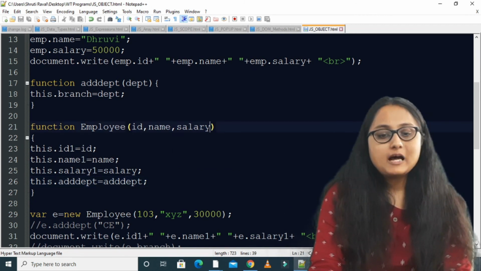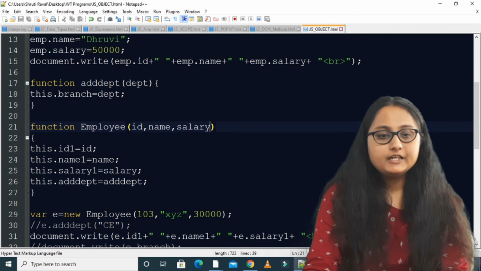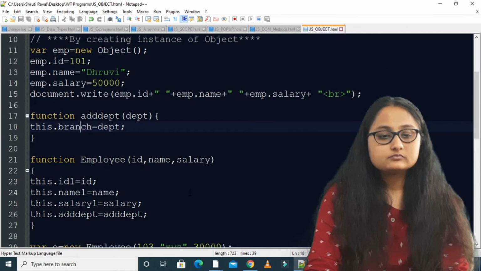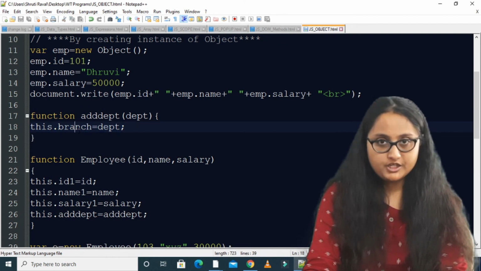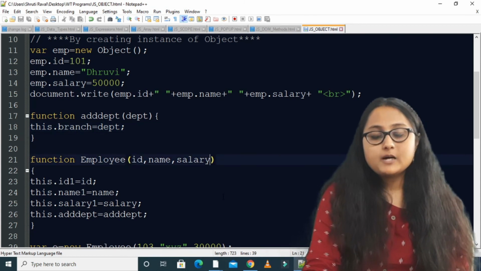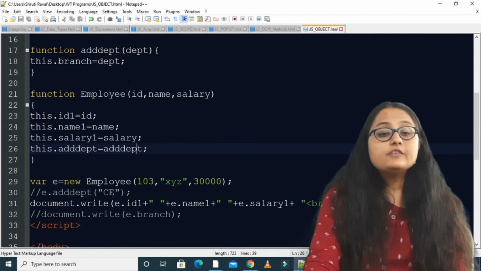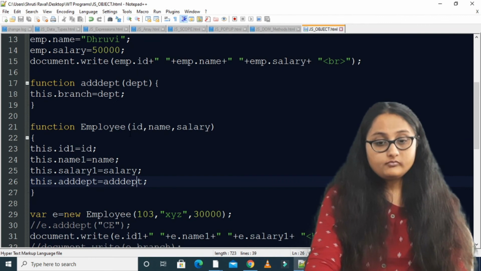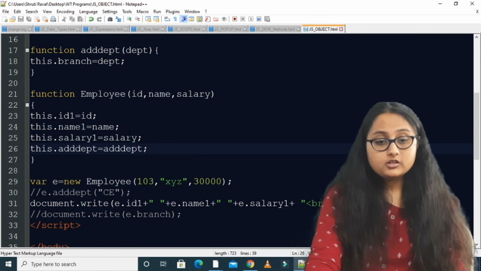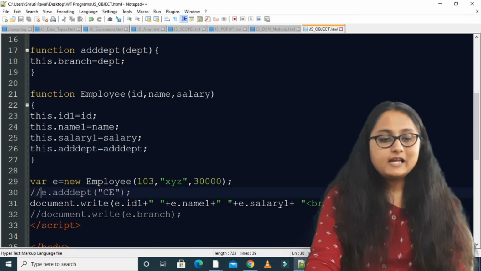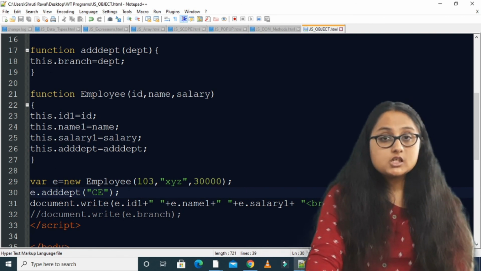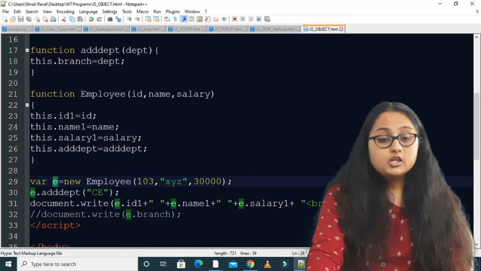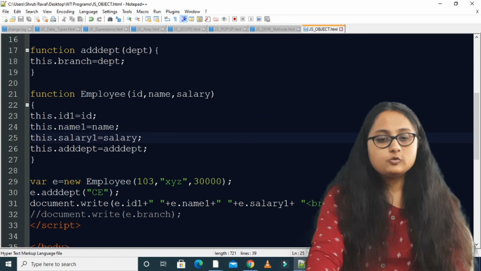You don't need to pass this over here because it will by default take this property which you have already specified in the function. This is branch property you have already specified, so you don't need to pass this over here in the object, right? Now if I want to print the value, right, so the first thing is you will have to call the method. So here you can see that what was the object that I have created? E, right? And you have simply passed the values which were related to ID1, name1 and salary1 over here.